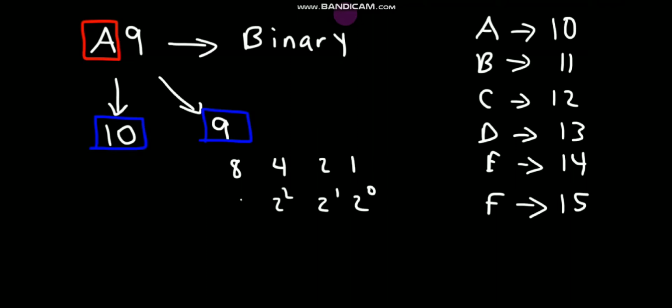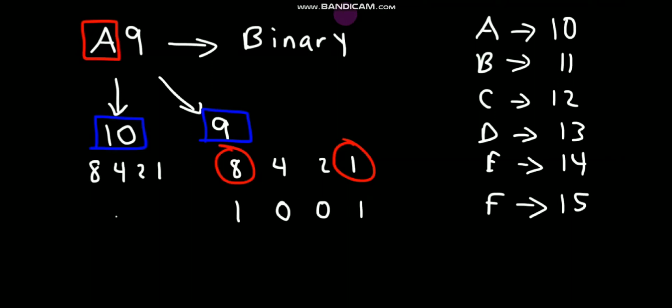With the positional value, we know this, that 2 to the power 0, 2 to the power 1, 2 to the power 2, 2 to the power 3. So that is 8421. Now how will we get 9? If we add 8 and 1, we will get 9. So we will write 1 under 8, then 0 0, then again 1. So it will be 9. Now same thing, 8421, we write just below 10. So 8 and 2 will be added and we will get 10. So 1010 will be the binary conversion of these numbers.